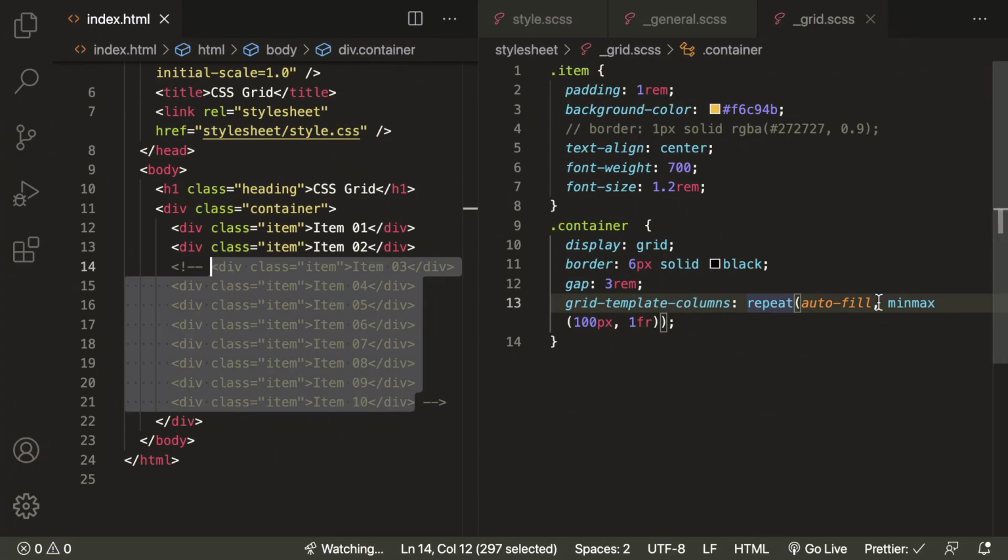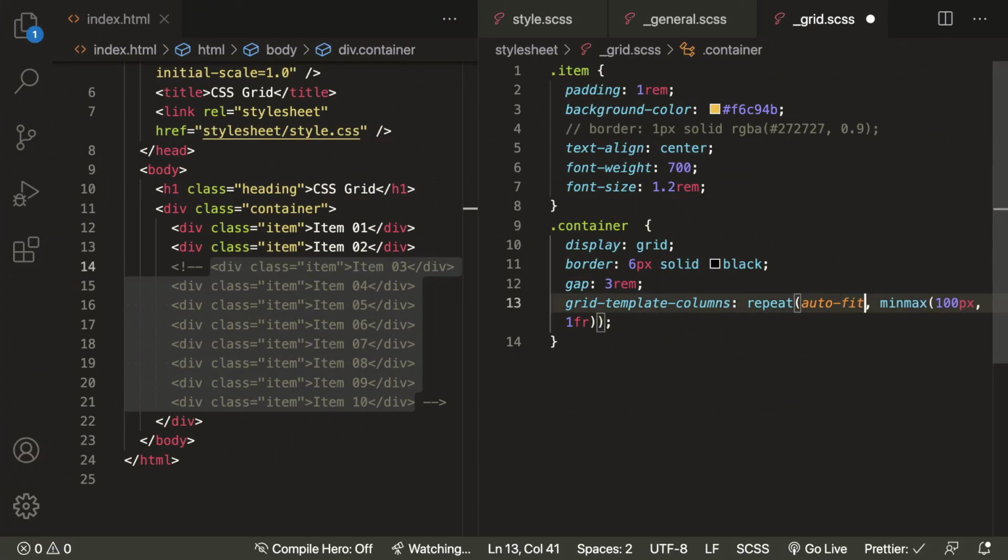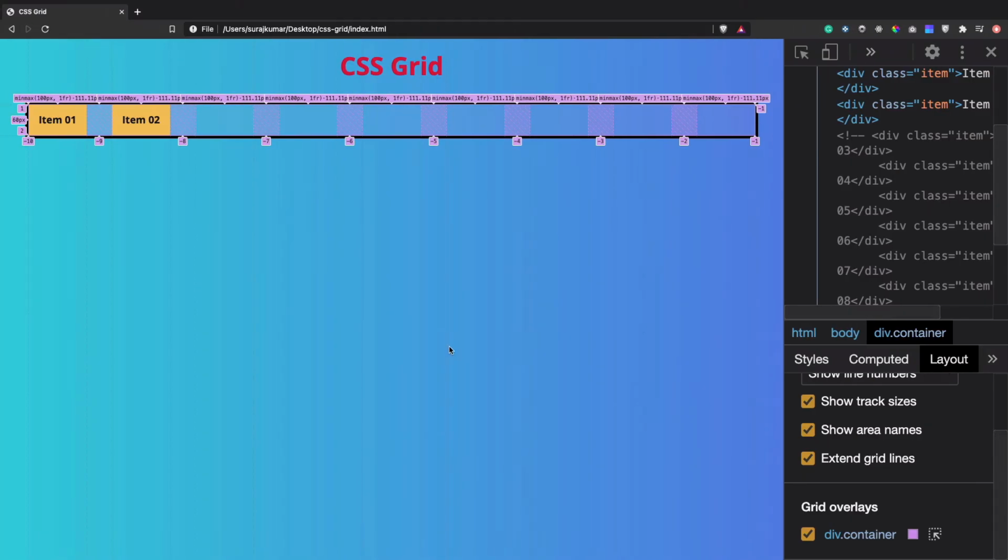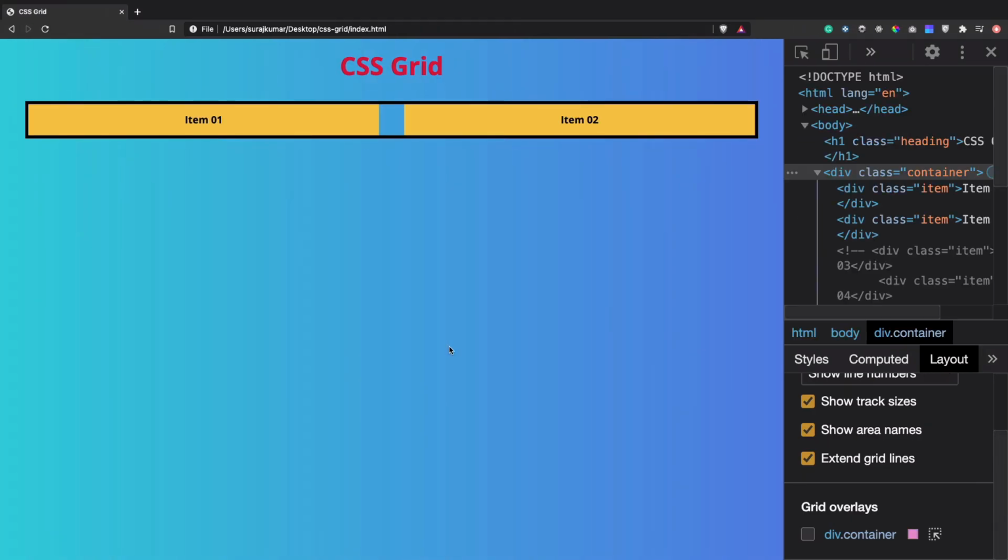Now let's use autofit, minimum 100 pixel, and give it a refresh. You can see that now there are just two columns, each taking a maximum of 1fr, but earlier it was not taking 1fr with autofill.